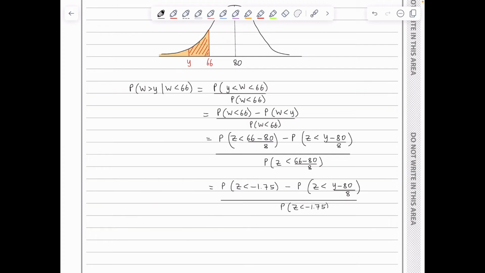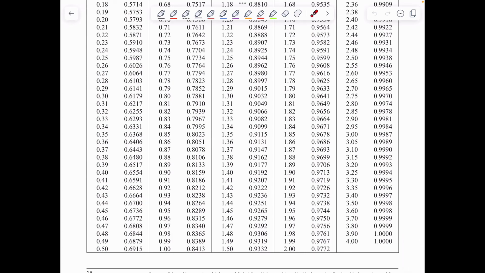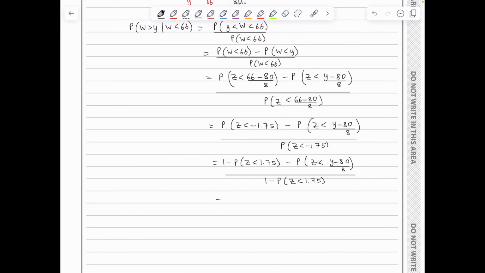Well, I can write the probability of Z being less than minus 1.75 as simply 1 minus the probability of Z less than 1.75, minus the probability of Z less than (y minus 80) over 8, and all of it over 1 minus the probability of Z being less than 1.75. Going to the table of values for the normal distribution, we read off for 1.75 the value of 0.9599. Therefore, we've got 1 minus 0.9599 minus the probability of Z less than (y minus 80) over 8, and all of it over 1 minus